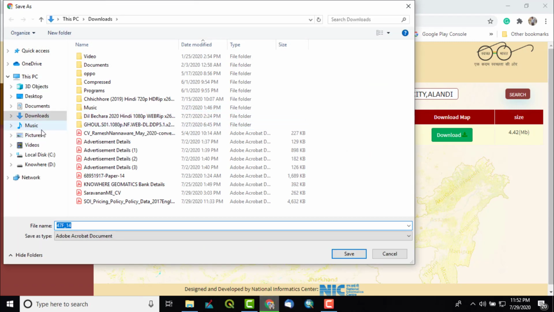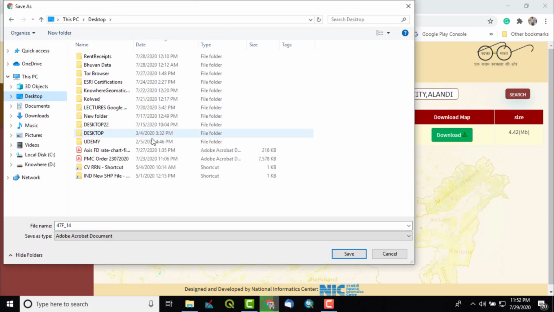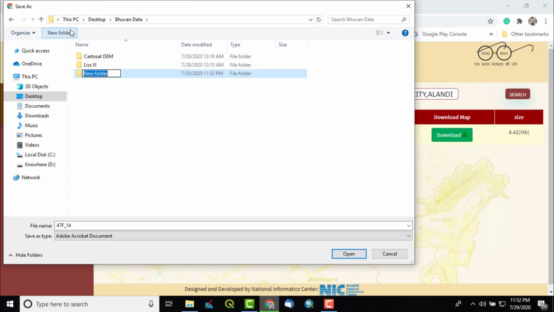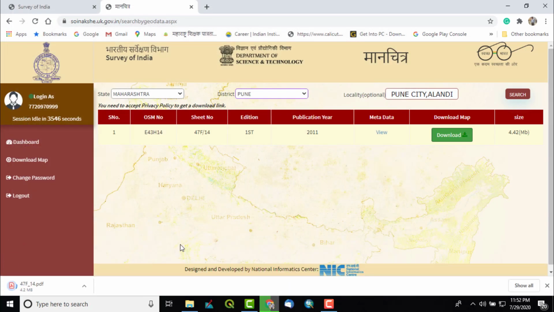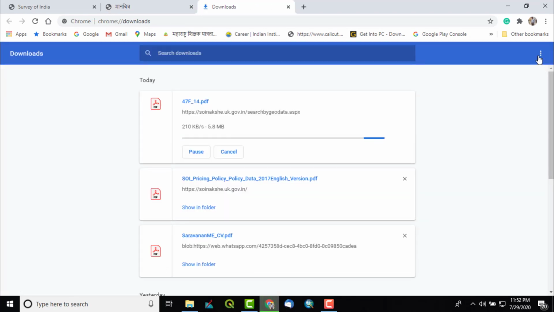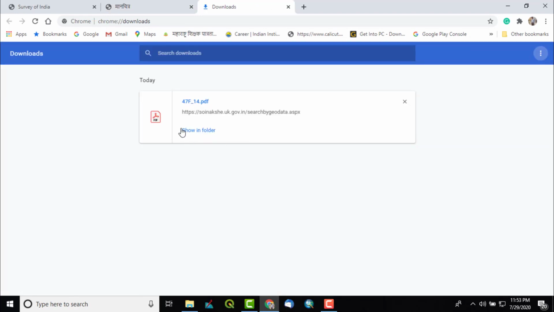So it will ask where to save it. I will just go to the desktop. I have a folder behind it. I will make a folder of topo sheet, and I'll double click on that and give the name 47F14 itself, and you can save. So it is being saved in my chosen folder. So it has downloaded. Since it is in PDF form,